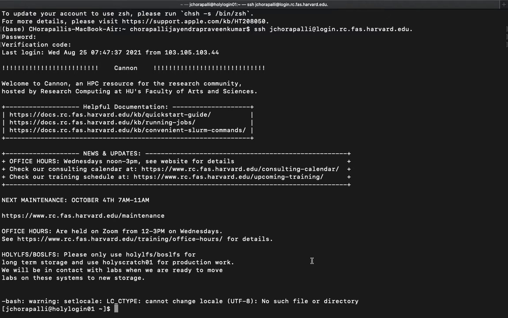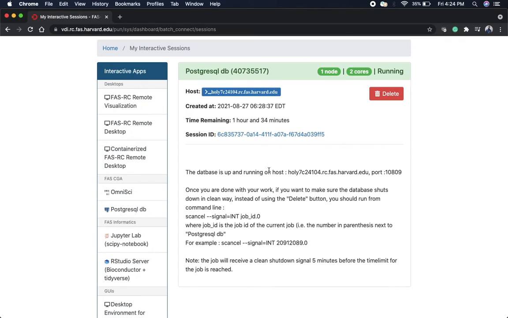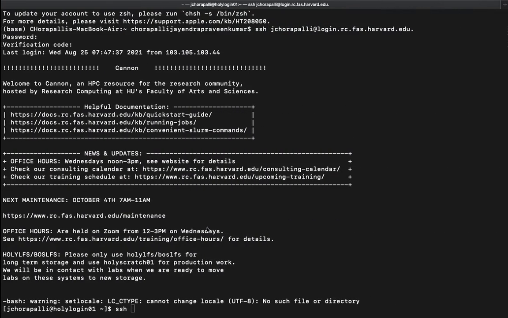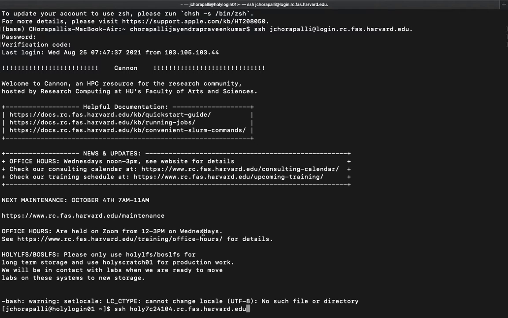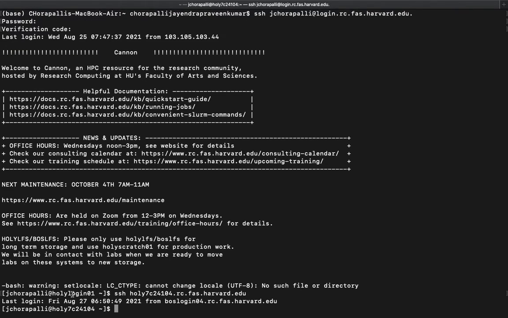Once you log into your account, you can now connect to the node where the PostgreSQL database is running using the ssh hash node command, where hash node is the node ID. We can copy the node ID from here and paste it over here and click on enter. And now you can see that we are in this particular node where the PostgreSQL database is running.